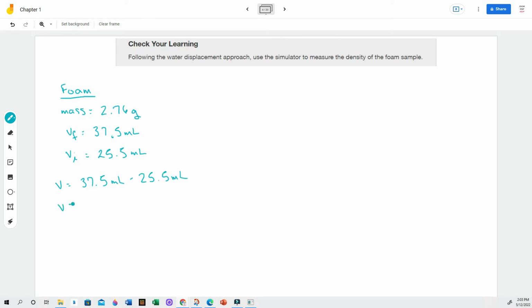And so the volume of our block of foam is 12 milliliters. Now for density, we're simply going to take our mass over our volume. The mass of our block of foam was 2.76 grams, and the volume we just calculated was 12.0 milliliters. So the density of our foam is